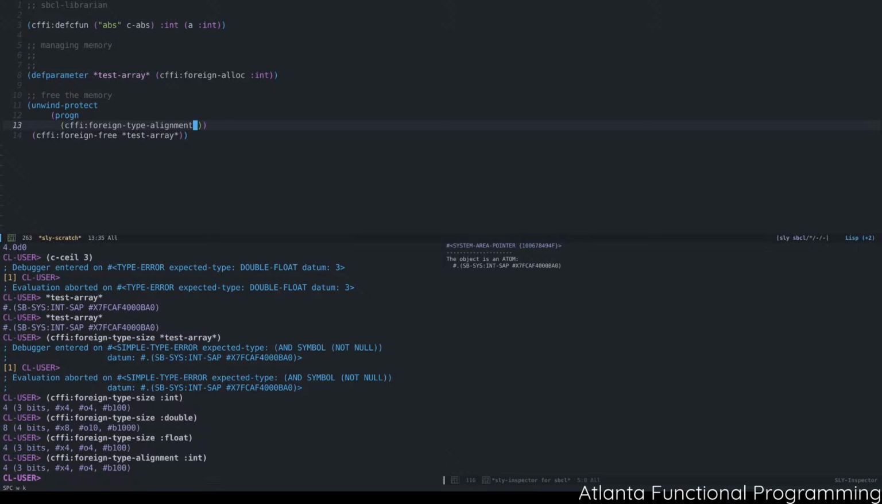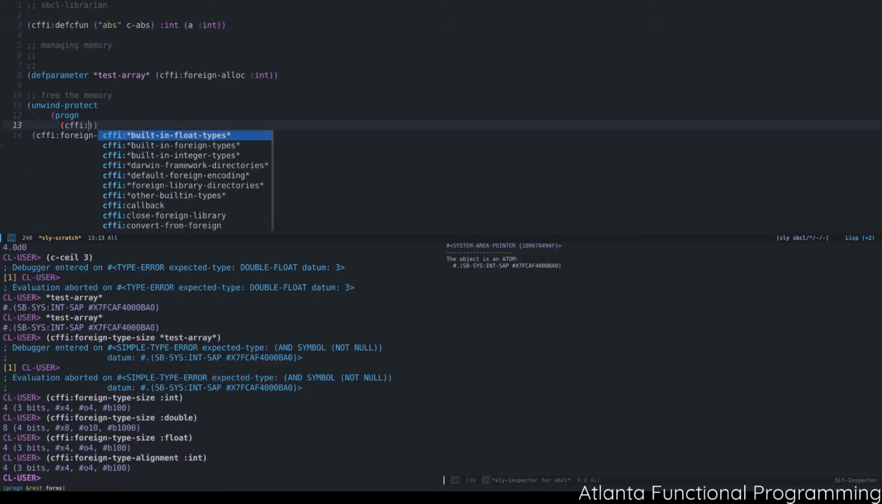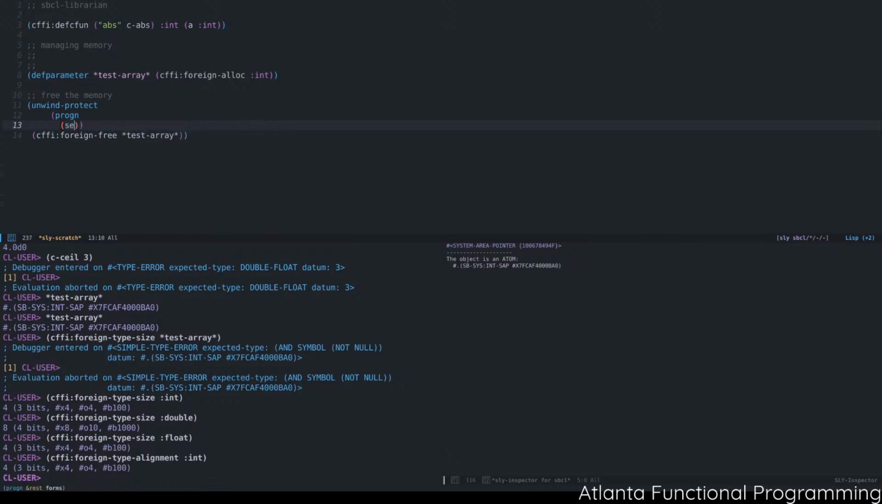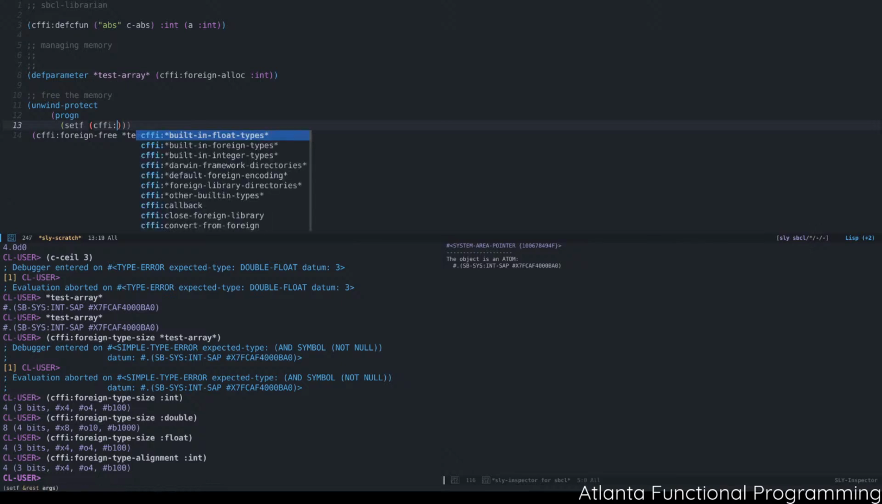So I went through that. So what was I going to do with this? Oh, how do we actually go in and set stuff into here? I believe we can go ahead. So what if we wanted to set something into this foreign allocated object, this test array? Well, obviously the way you do it is you have to first dereference it. You have an integer pointer there, so you have to